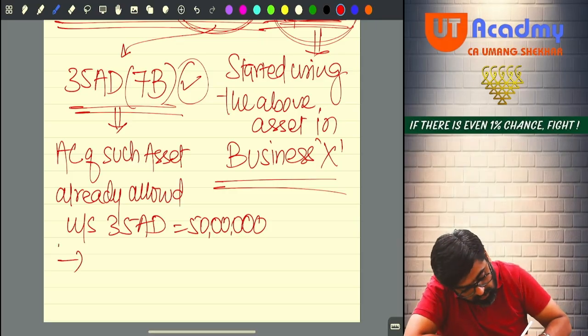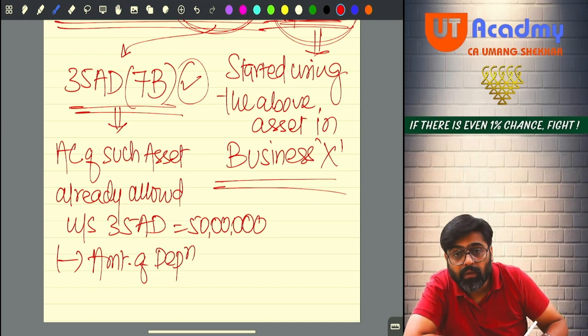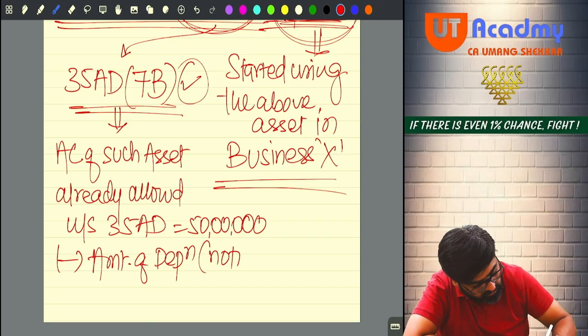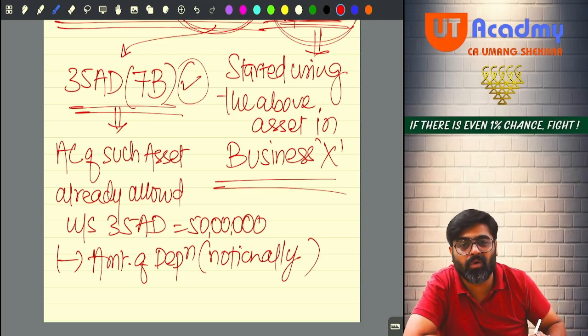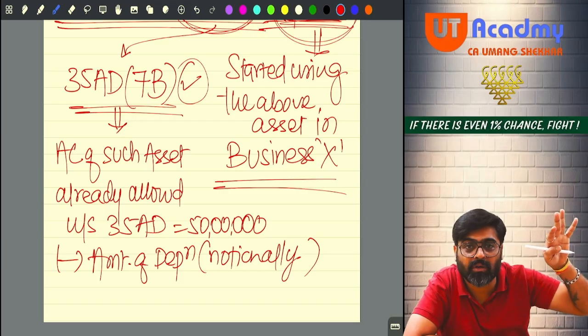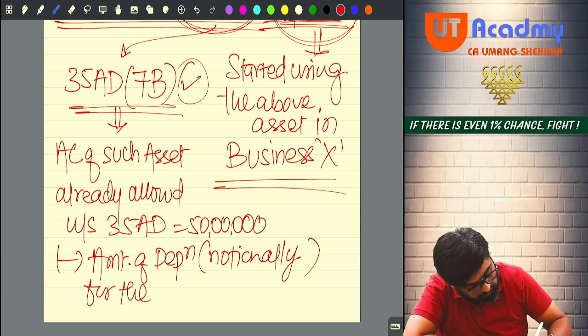So reduce the amount of depreciation which you will calculate on a notional basis. Notionally means imaginary amount of depreciation. Yes or no? Amount of depreciation notionally for the period